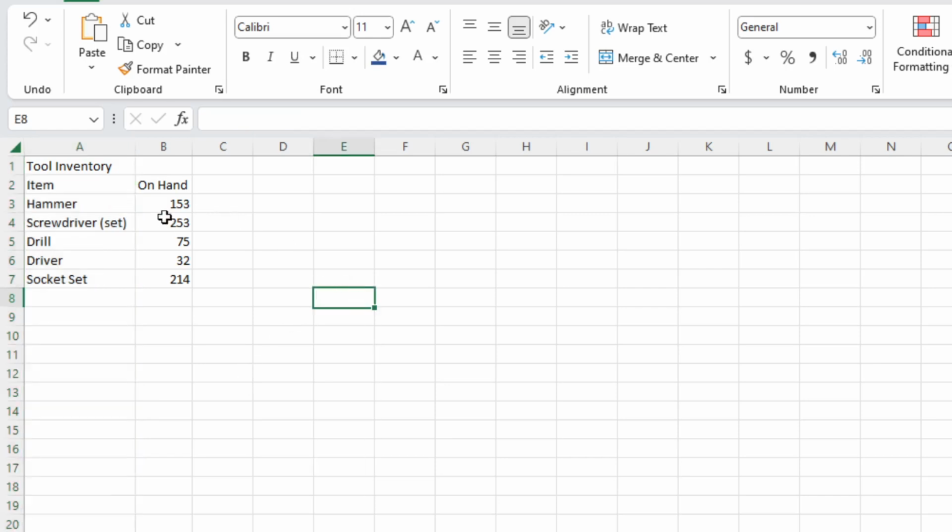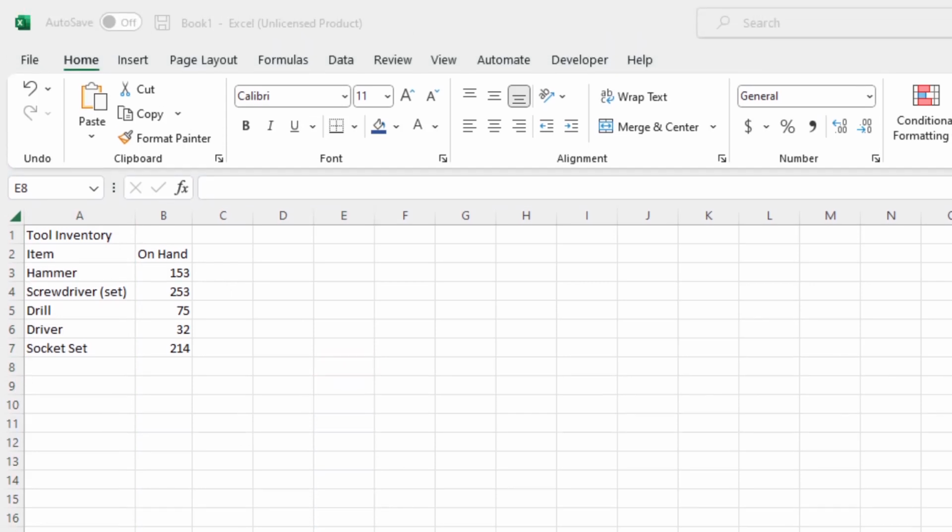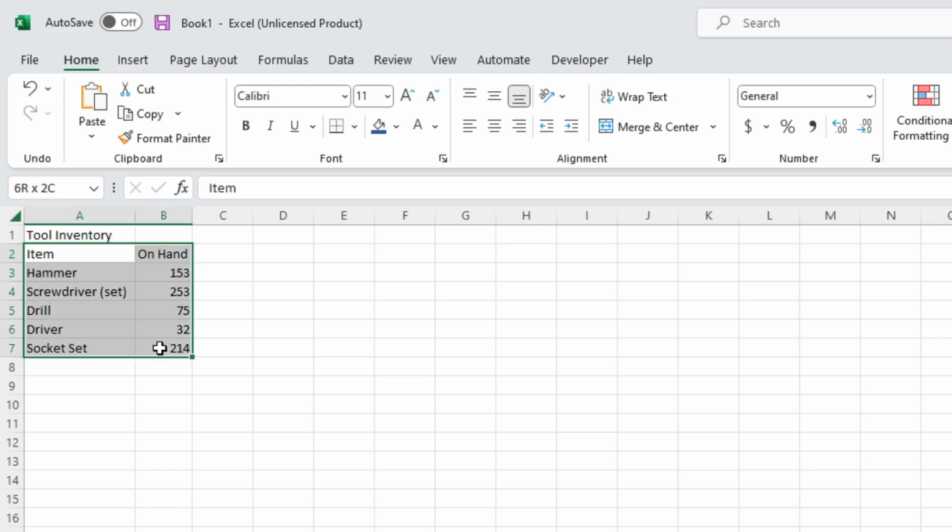Now first and foremost, we're going to learn how to format this as a table. So we're going to select our data. We're going to leave the title out for right now, because we're going to want to merge and center it at some point, but not quite yet. We'll cover the title when we're ready for it. So highlight our data here: click on one of the cells and drag it down to the end. Then we're going to come over here to